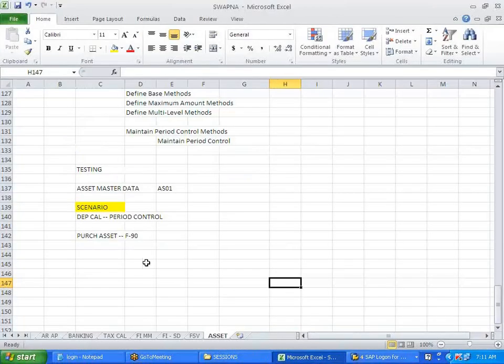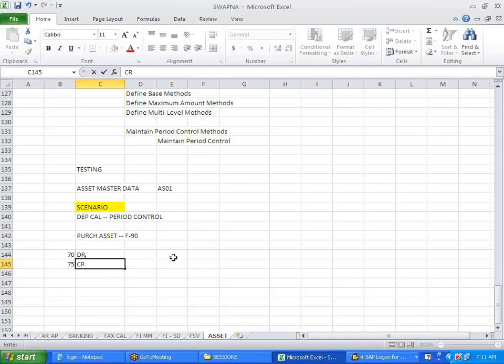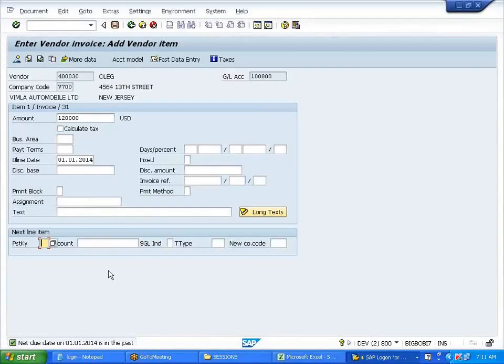The posting key for this is 70 stands for debit, 75 for credit, asset. Like how you had customer, vendor, GL. So this should become 70 debit, right? We are receiving the asset, right?